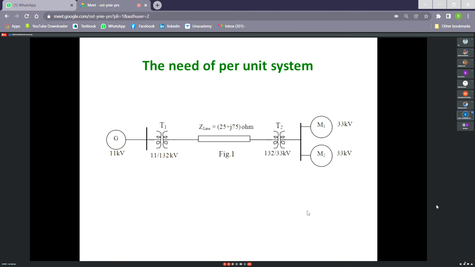And at the consumer end, for industrial use it may be 33 kV, 11 kV, 1.1 kV. But even at the domestic level, it may be 230 volt, is it not? As at your or my household. So there is a drastic change in voltage and current level at different parts of a power system, and they are interconnected. So if we want to assess by numerical calculation what amount of power of a generator is required at a particular time, then we need a circuit for that.